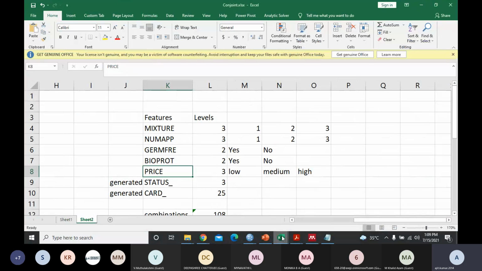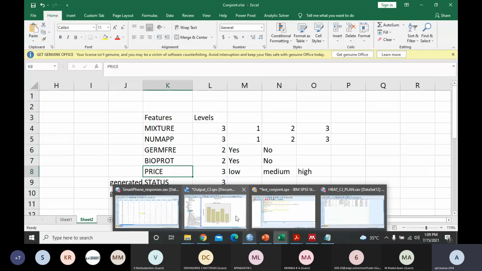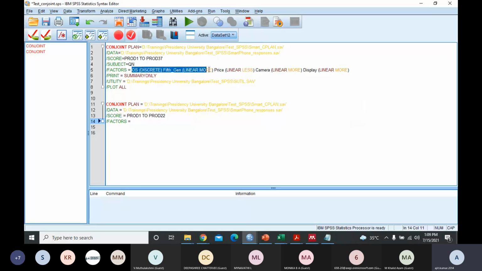So we are supposed to put that information here. If this is the smartphone data, I'm going to use this. For all the different factor names, if the levels are not comparable, use discrete. If they are comparable, use linear, and linear more or less depends on whether the increasing value is more preferable or less preferable, like price. So likewise you type this.